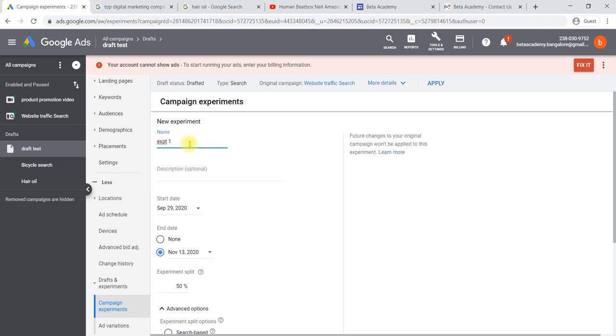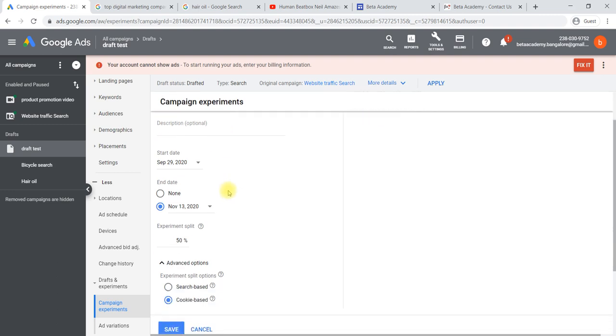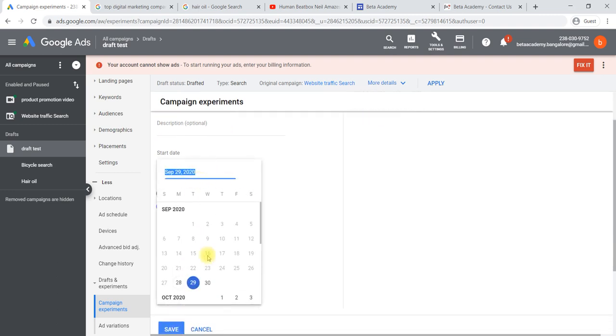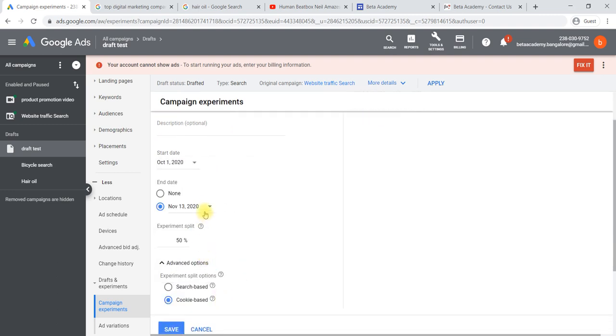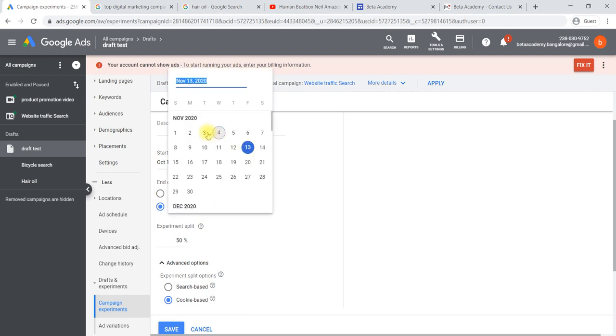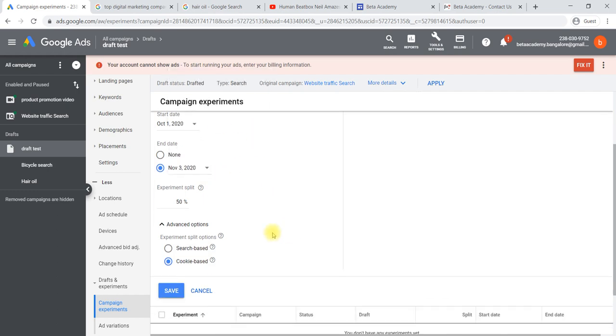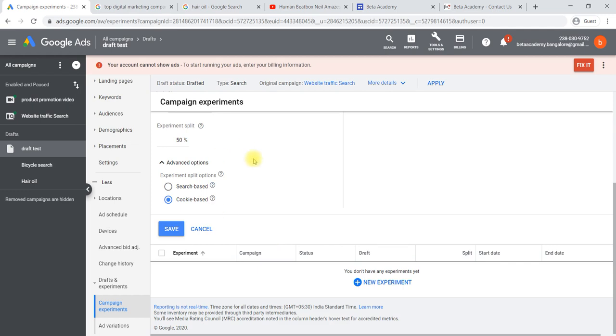experiment 1. Again, you can also start from one particular day and end on another. You can also split the entire campaign like this, 50-50%, and you can say save.